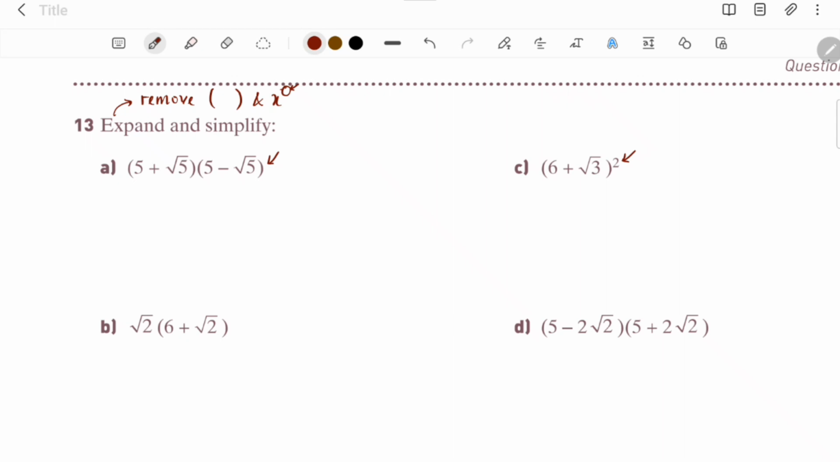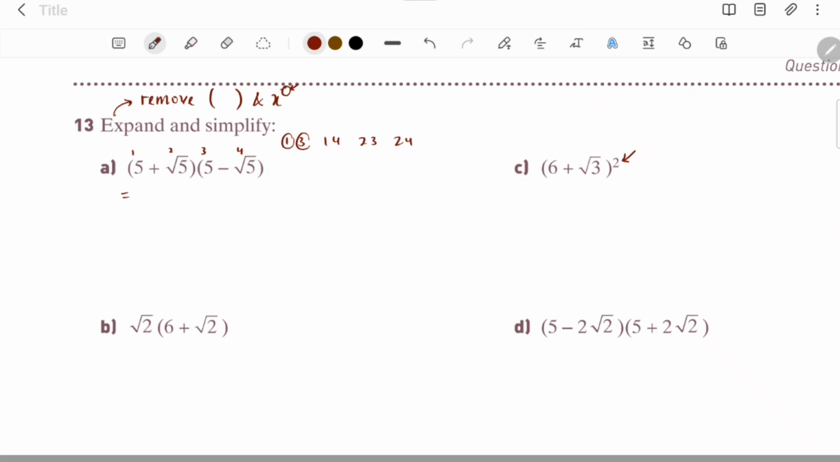Powers. Okay, so let's see A. To remove the bracket, this one is actually easy. First term, second term, third term, fourth term. So 1 3, 1 4, 2 3, 2 4. So 1 times 3 you get 25, and then 1 times 4, positive, negative, 5 surd 5,